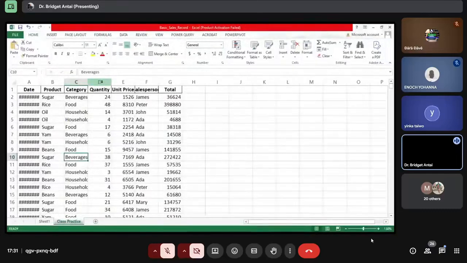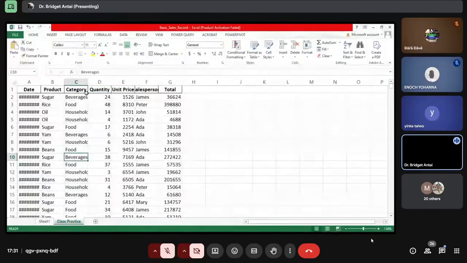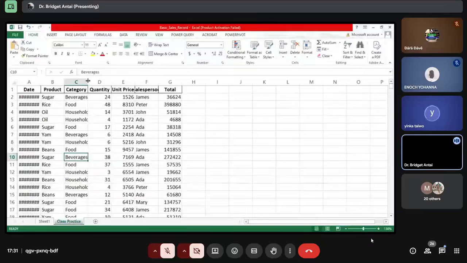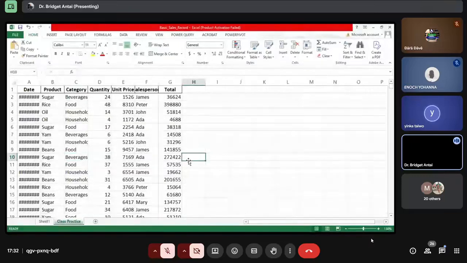There's a line that separates column C and D. Now, see my cursor, when I'm moving anywhere on the sheet, take note of how the Excel cursor changes per time. Each time it changes, it has different functions it is to perform. Now it's showing a big white cross. It's ready for selection. Now if I take it to between column C and D,